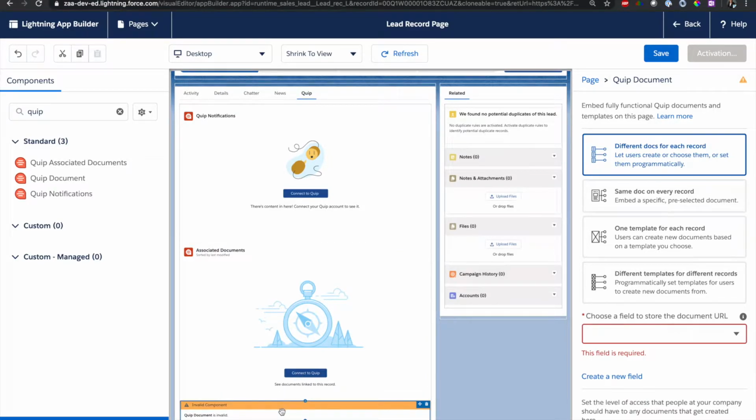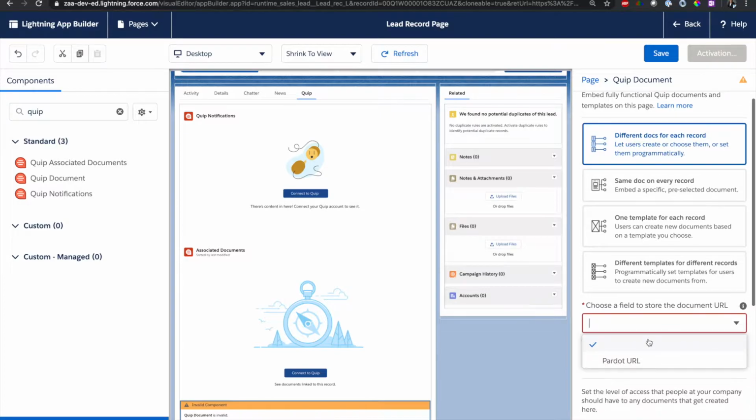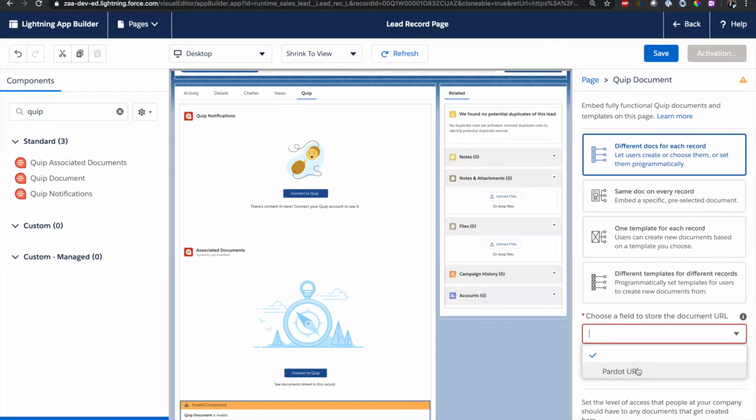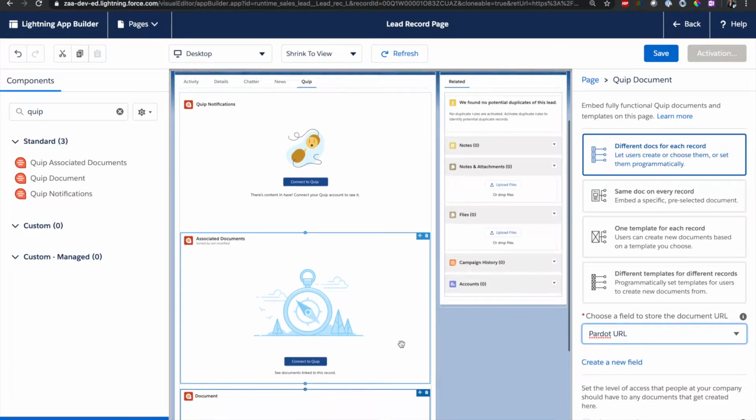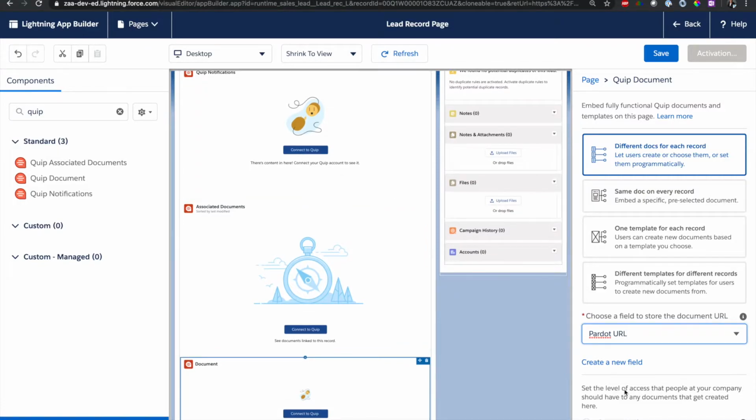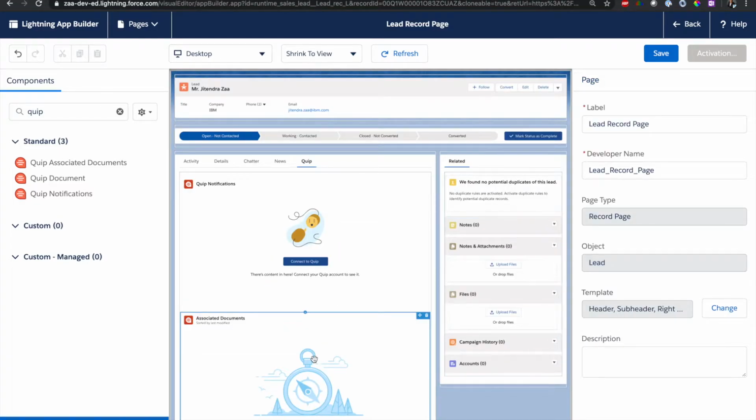So this Lightning Web component is used if we want to edit a document or collaborate on the document without leaving the Salesforce instance. Now the question is, think about it: how would Salesforce know which Quip document it is updating through that last component? So basically we have to create a new field of type URL. Right now the only URL field I have is a Person URL. Of course, we will not be using that.